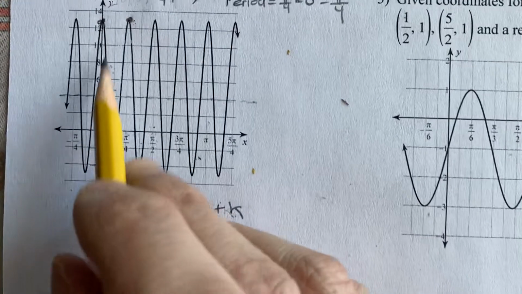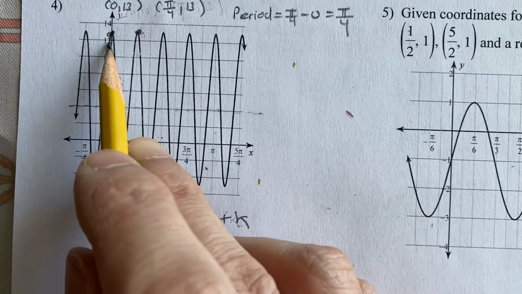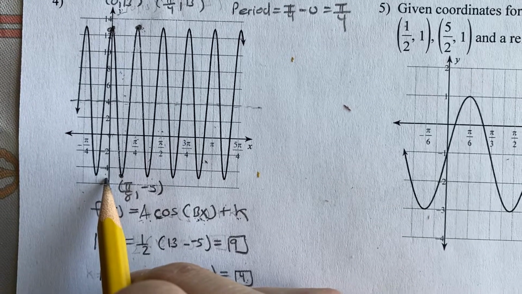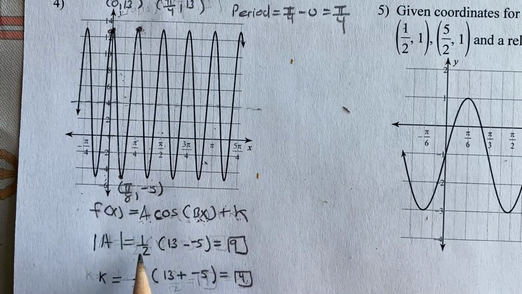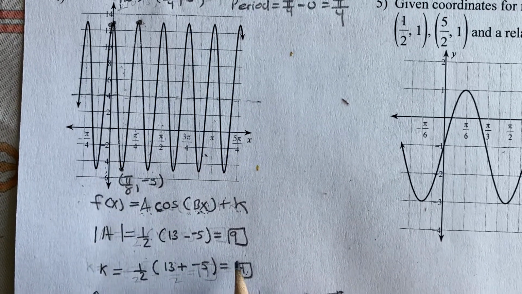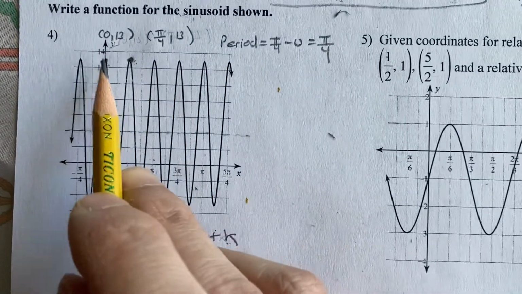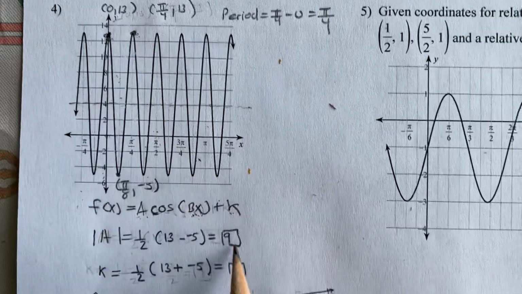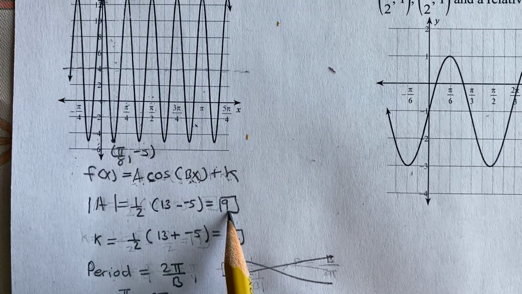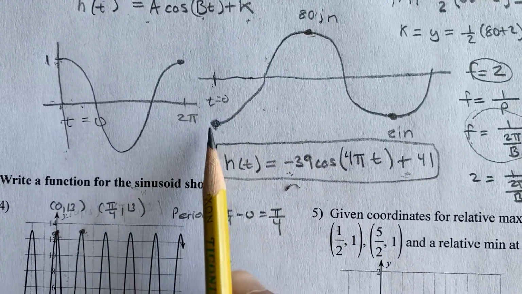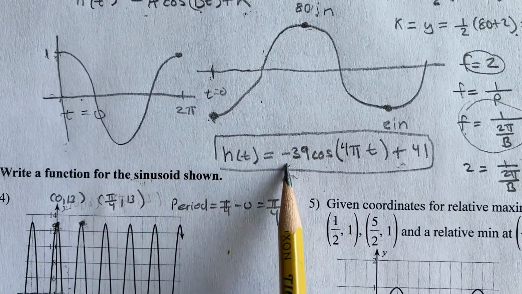Now make sure there is no reflection across the x-axis, right? If this had started at the minimum, in which case you'd need a reflection across the x-axis, A would have to be negative, okay? But because it starts at the positive amplitude, or it starts at the max, we don't need that. Unlike this previous problem, right? Because at t is equal to 0, it starts at the minimum, then of course we need a reflection across